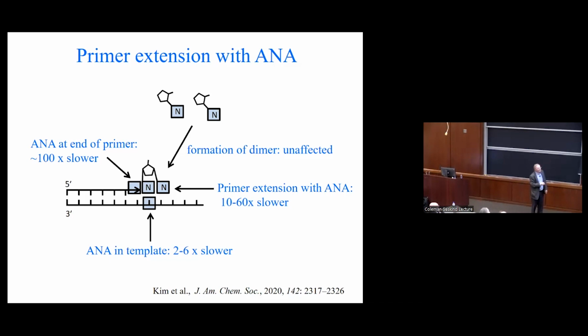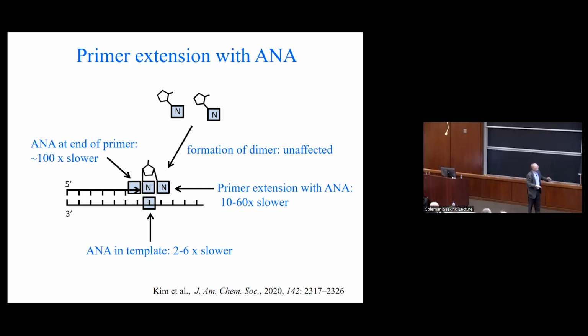It turns out if you mix ribonucleotides and these arabinonucleotides and do a competition experiment, what you make is almost entirely RNA extension. But okay, there's still some reaction. So what would happen if an arabinonucleotide gets added to a primer? It turns out that's really slow. That's almost like a chain terminator. What happens if the arabinonucleotide is in the template strand? Actually, that's not such a big deal. You can copy over that variant nucleotide and make RNA.